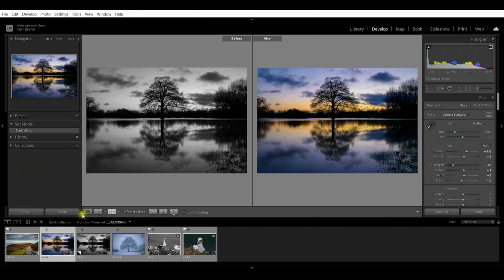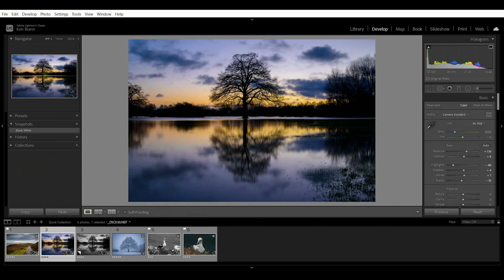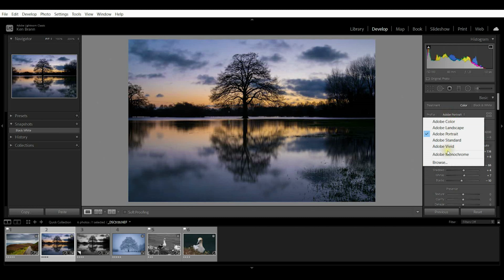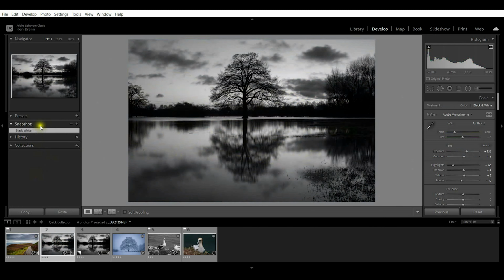So update with current settings, if I come back in here, I've got my original snapshot that I've got off this image. Let's say I turn this, we're going to flip this, well, let's do something more that you can see. So we're just going to make it black and white. Okay, so I have this original snapshot. It's black and white. If I come back over here and I flip this back to Adobe Color, if I come back over and mouse over on the black and white, you can see up here in this top left-hand window that whenever we mouse over, the snapshot is displayed in that window.